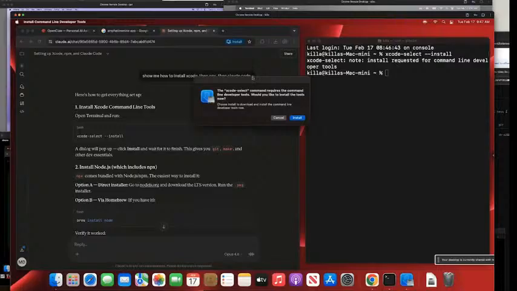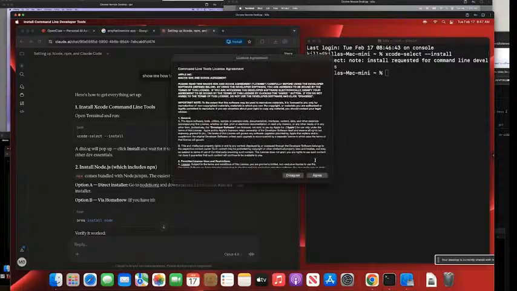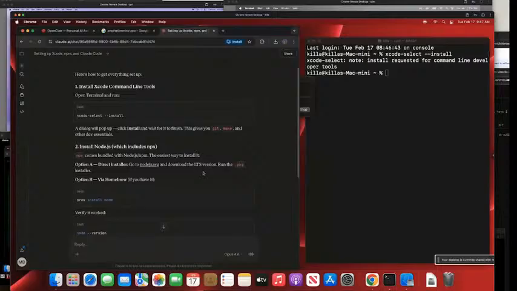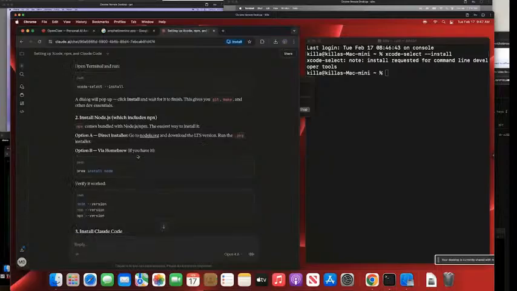Okay, and then this pops up. It says something, install it. It says something, read it. Something, then install it. You can see it says about 822 hours or something like that. So downloading software here. This is going to take a second. Then we need to install Node. We don't have Brew, so